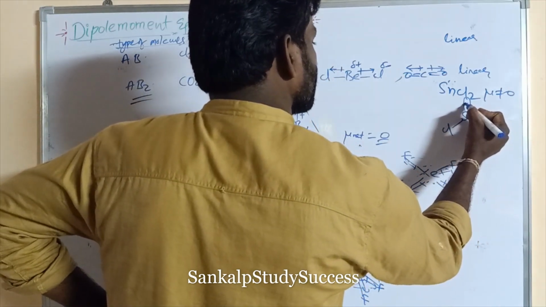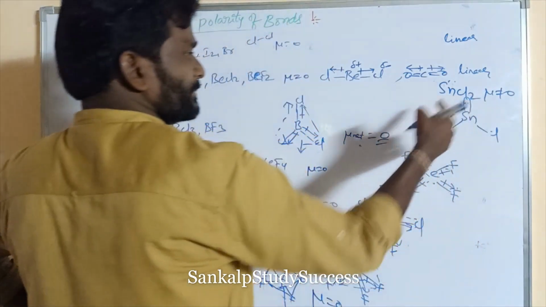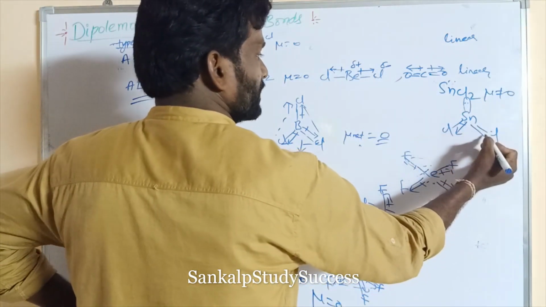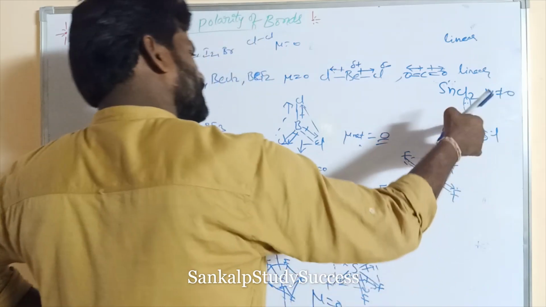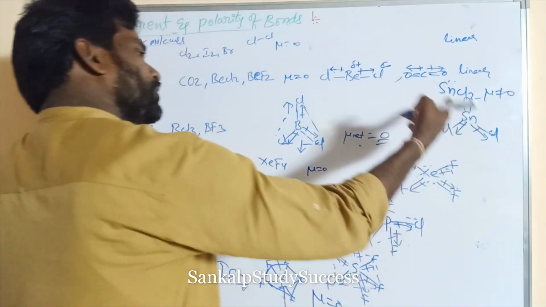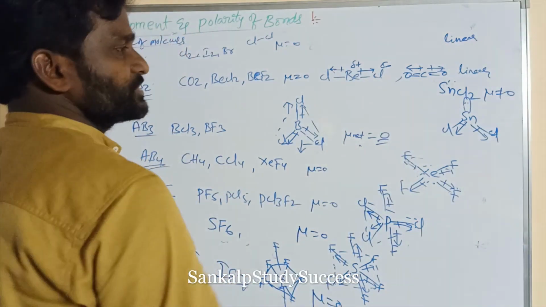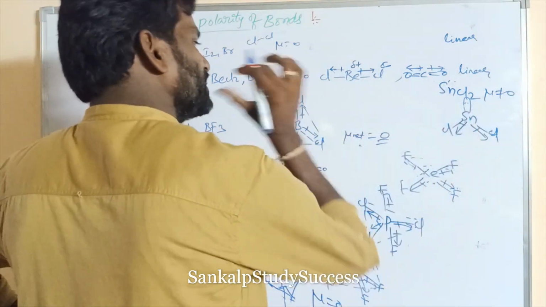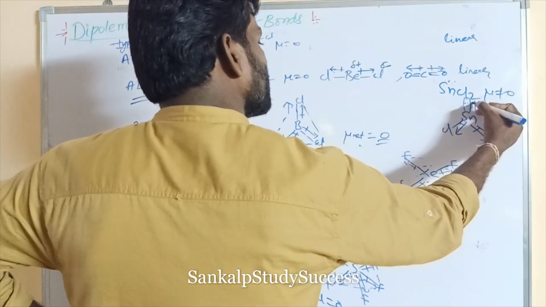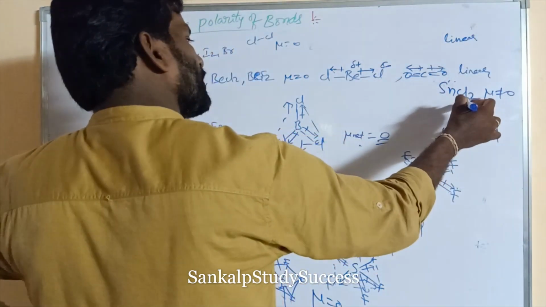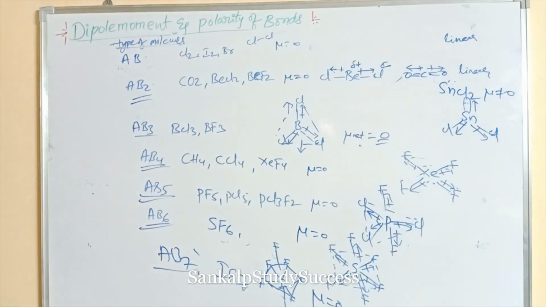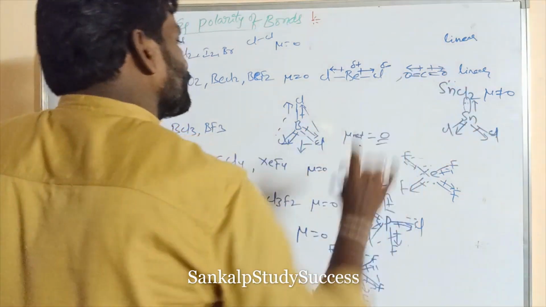So this lone pair is present in this orbital. This is the orbital moment. So this is present on the chlorine side. Now these crossed arrows are present on the chlorine side. So the net dipole moment is not 0. So these two chlorine atoms are present below and the orbital moment is present above. Orbital moment means that it contains a lone pair, that also has a dipole moment, and this is not 0.